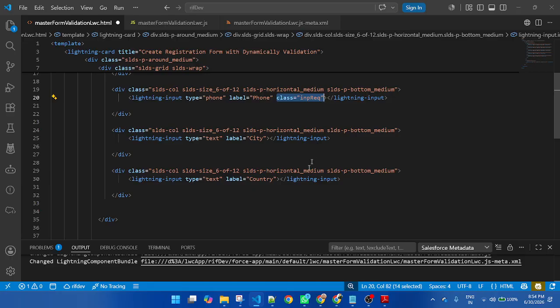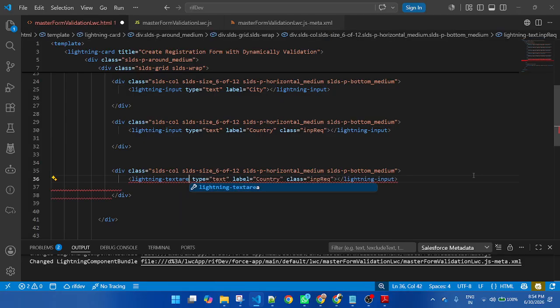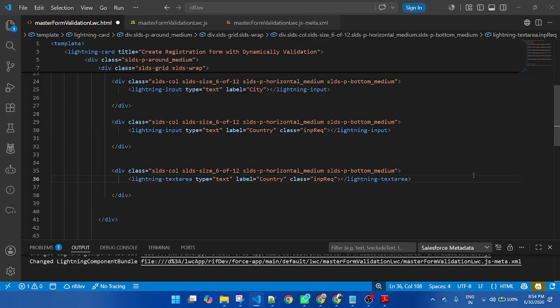So simply copy and paste the last one, and also I want to add a text area here. This is a lightning input. This is a text area. The label should be changed. Let me change the name to description.